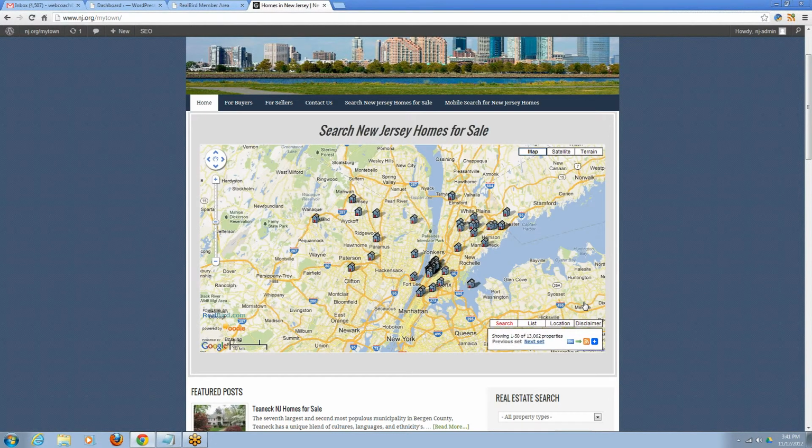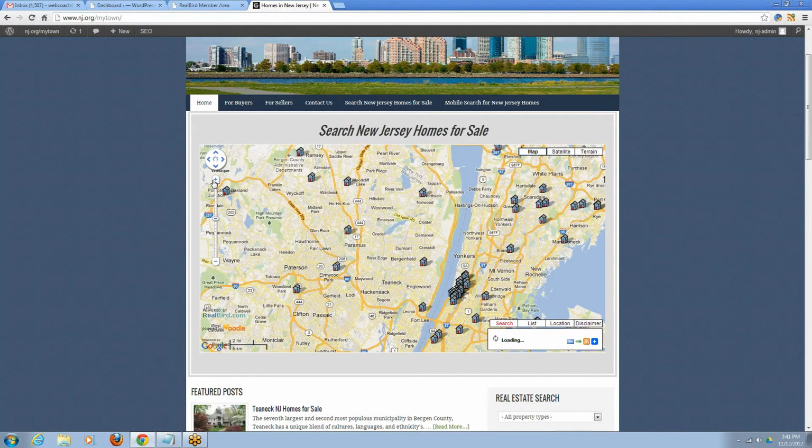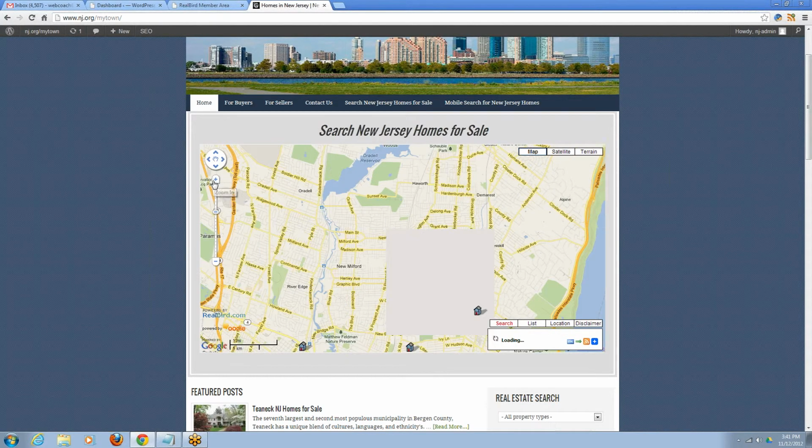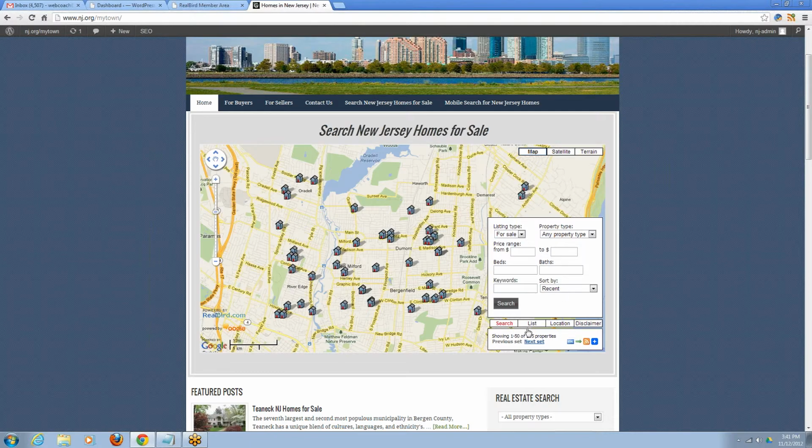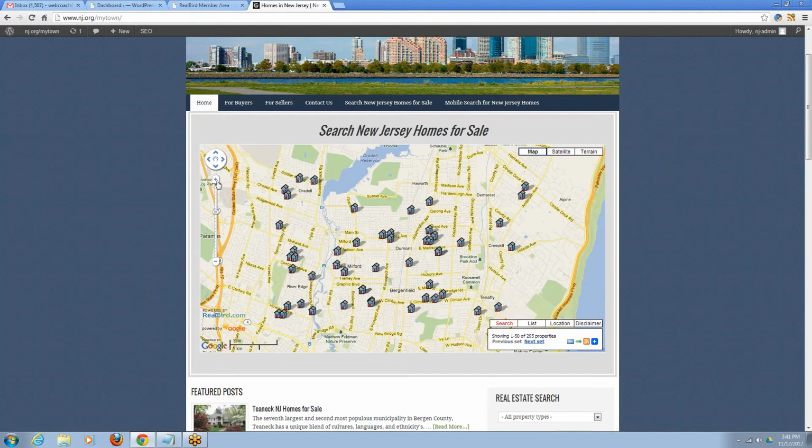And what that will do, it'll zoom the map down to that local area. So let me drill in more. What you want to do is drill in so it's centered on Dumont. It's kind of a small area, but what we want to do is drill down so that you can see the name of the town in the middle of the map. If I zoom it down even more,